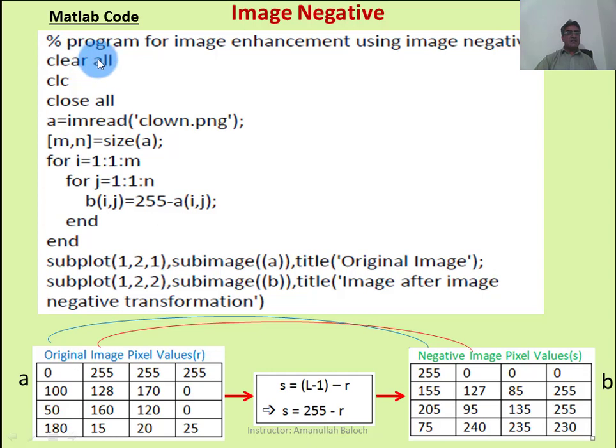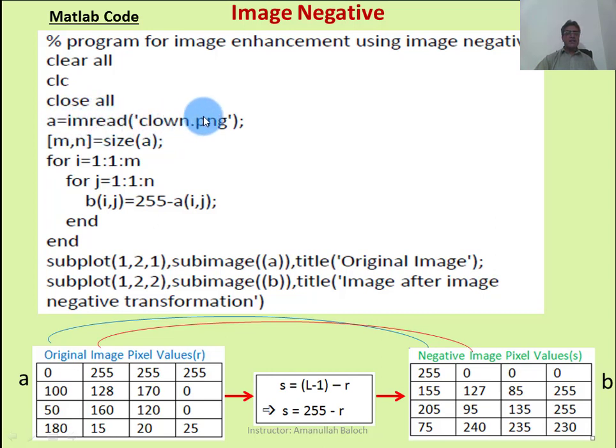So firstly it will clear all memory. CLC will clear the screen of the MATLAB command window. Close all will close all the images or figures which have been displayed using MATLAB.